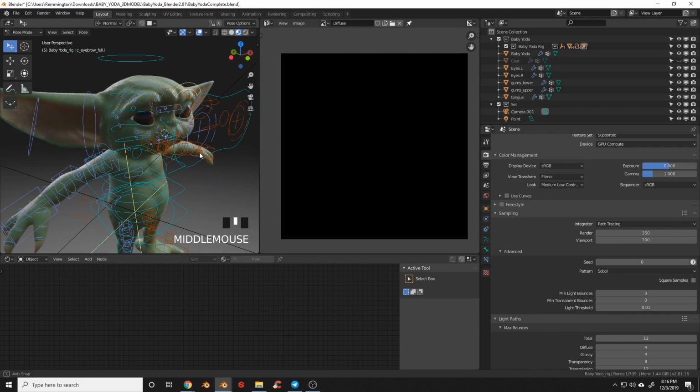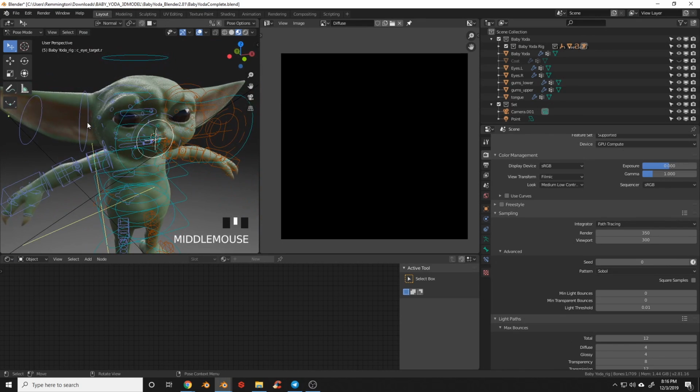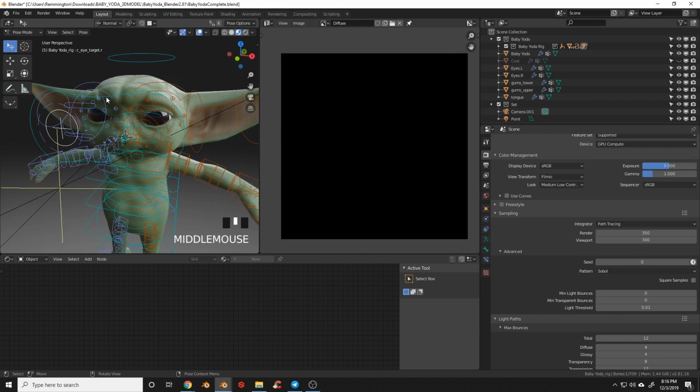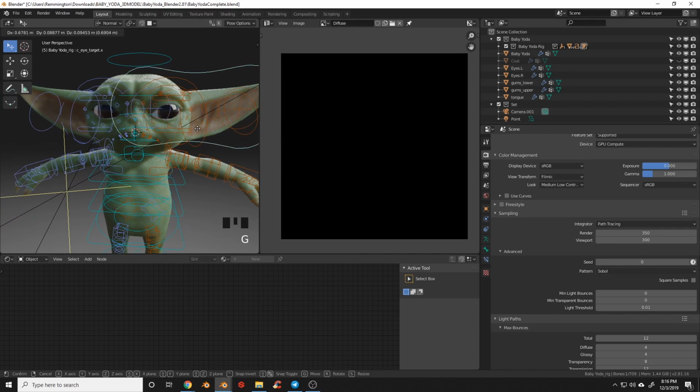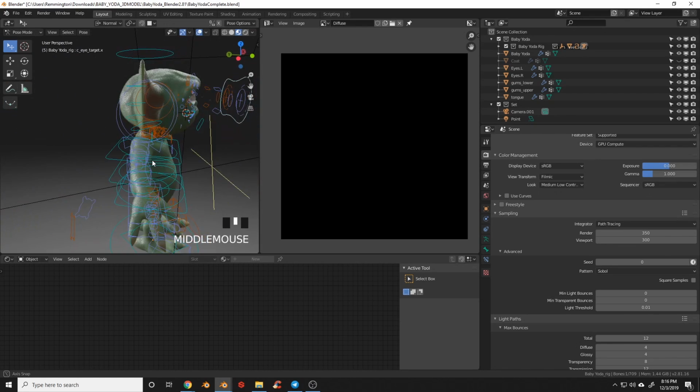Now out here, we have this here, and inside of here, we have these little circles. So these little circles will move each individual eyeball. You can see that he's looking around there. And if we click here, we can see that we're going to move both eyes. So most of the time, you're going to animate your eyes with this unless you're trying to do something kind of funny with a cartoon.